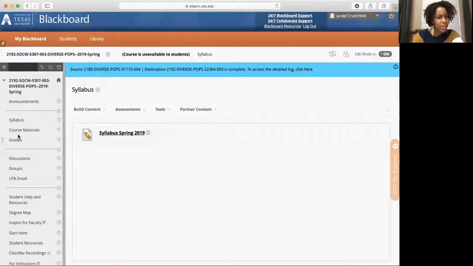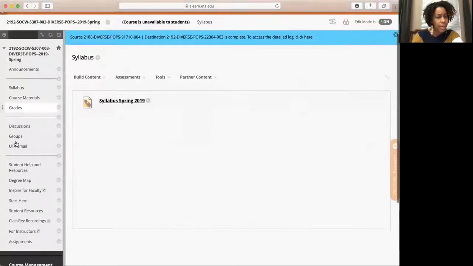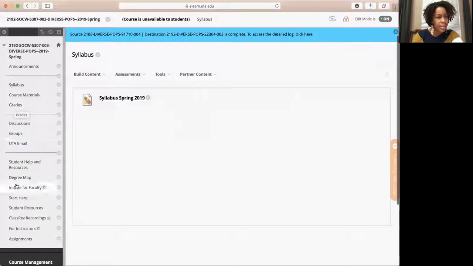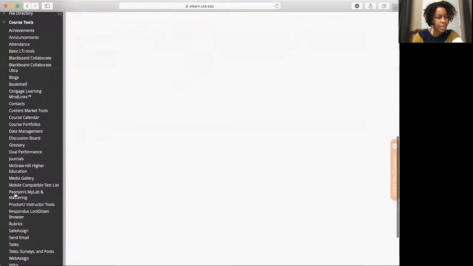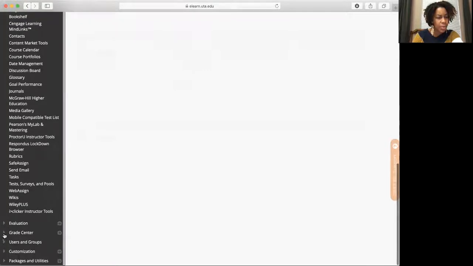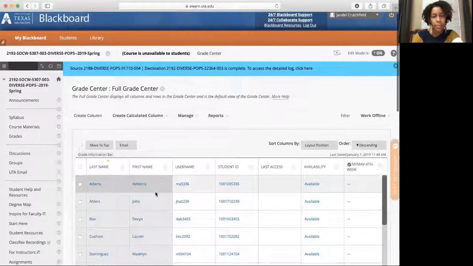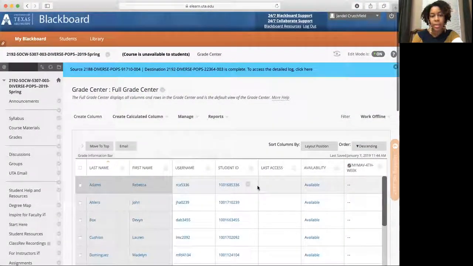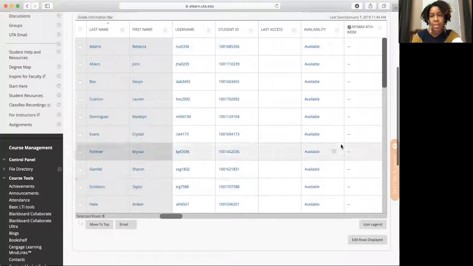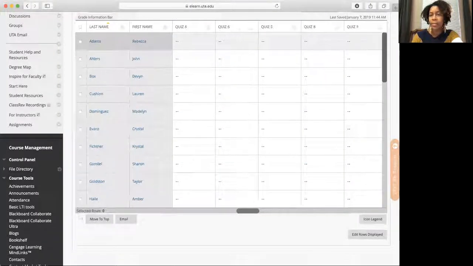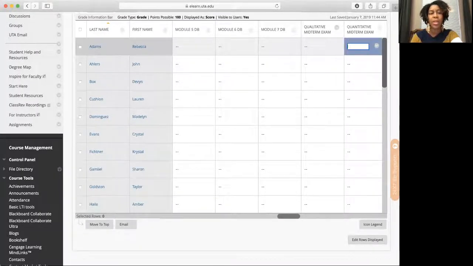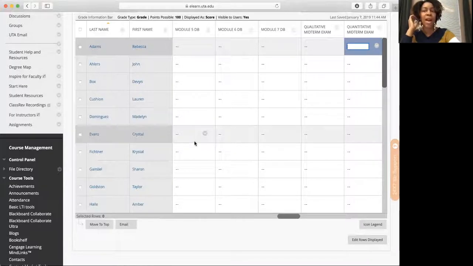And let me see what else I want to cover. Your grades are listed here. Let's see. The student view is a bit different. So you'll see your names and all of the assignments here. And so typically, everybody wants to know about grading. Typically, I am done with your grading the following Sunday.